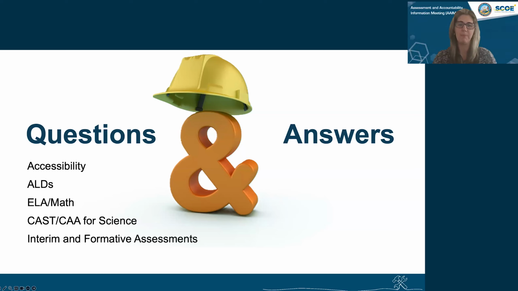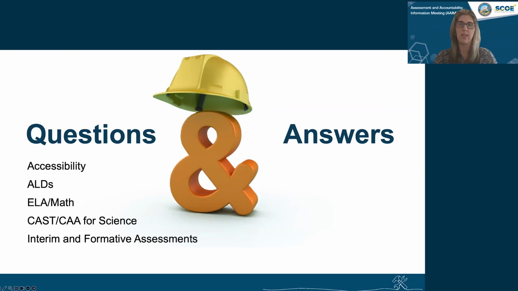The second question that we have is asking about why the grade 5 CAASPP interim assessments are not broken down by domain. And it continues that this would help to align items with the CAAs and allow their teams to create better alignment to administer. So I'm going to answer these two separate questions.